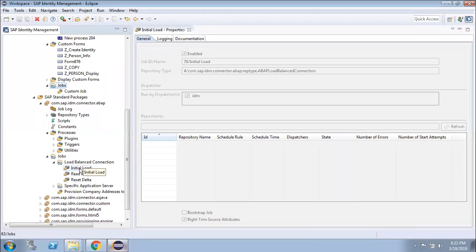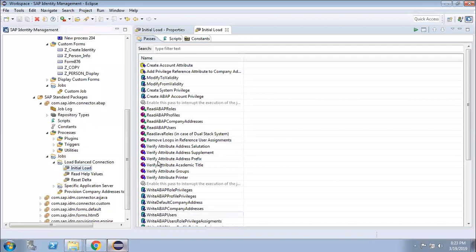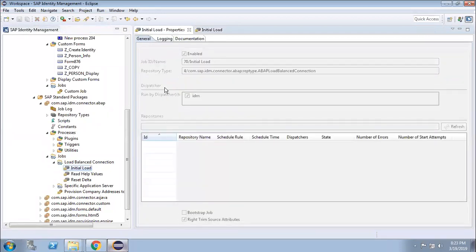In this job we have various passes. When you click on the property, you will see various repository names, although I have not created any repository. A repository is nothing but the system.